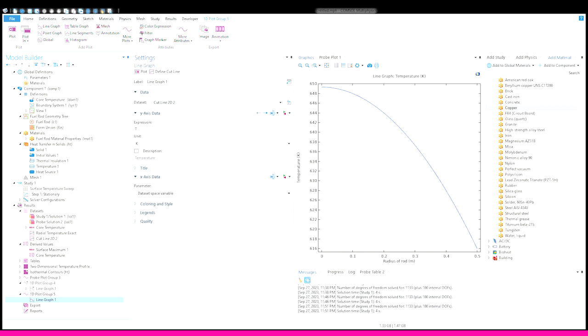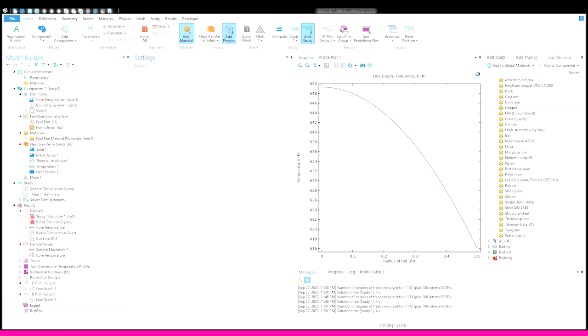This is the export data as text section. It's pretty simple. You just right click on export, and then you have all of these options. We could just export the raw data, like X and Y coordinates and temperatures, which would be a lot of information. So the utility in setting up the plot in here is we'll get exactly the data we want. It'll look like that when we put it in Excel. So